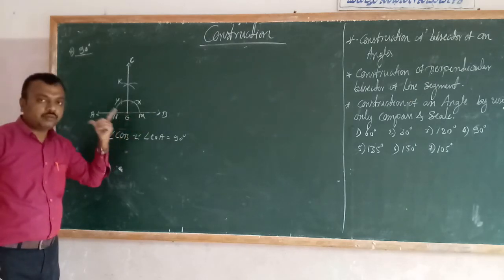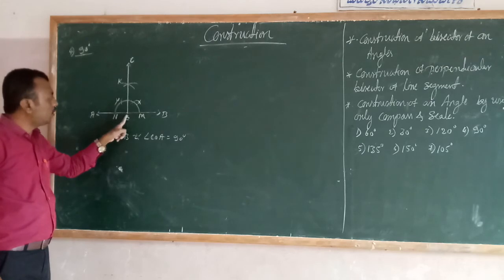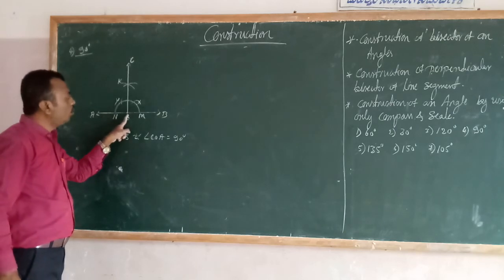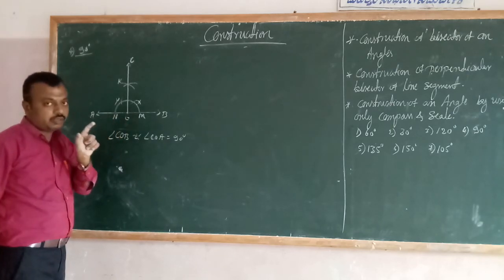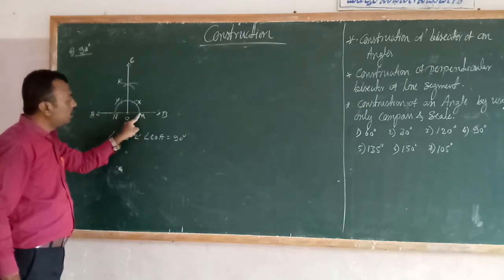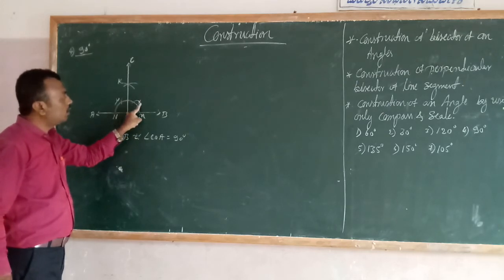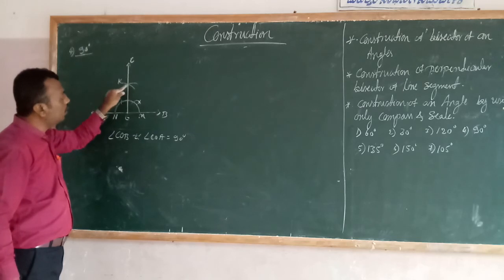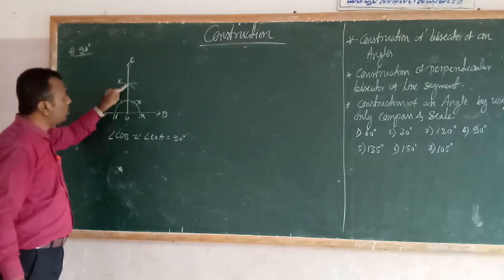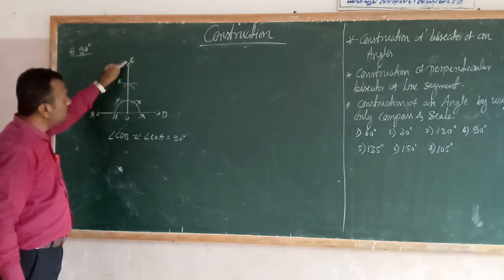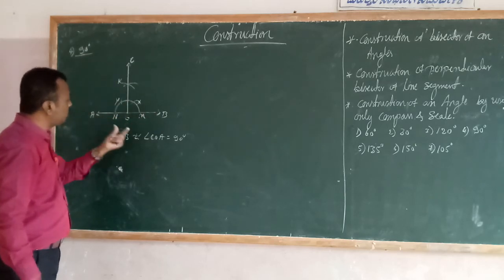See, first of all draw any line segment. Then mark O anywhere on AB. Keep on the point O, take any suitable radius from the compass and cut an arc. This intersects OB at M. Keep on M, cut the same arc at the point X, and then keep on X and cut the same arc at the point Y. Then keep on X and on Y and draw arcs so that the two arcs intersect at the point K. Join K and O, up to C. Now COB and COA become 90 degree.